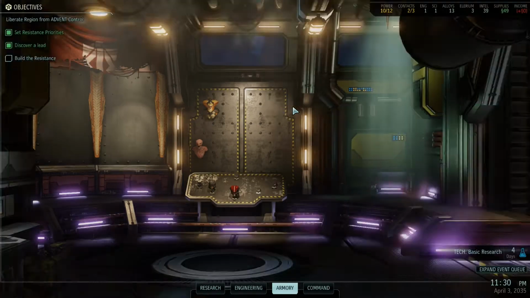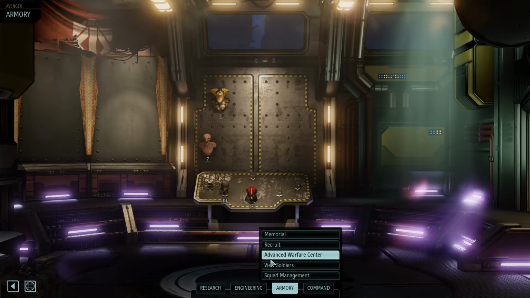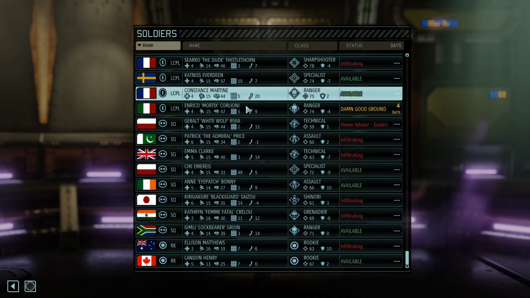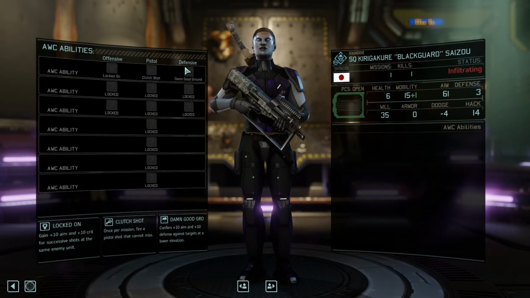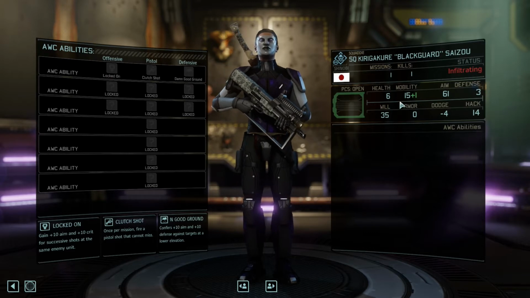And we want to get him leveled up as fast as possible, and then get him trained in the GTS for trial by fire, and then just trial by fire everybody. Saizo was also asking about his Advanced Warfare Center perks. Unfortunately, they're not the greatest. Locked On and Damn Good Ground. Locked On can actually work really well with a hit and run, but his mobility is not high enough for a hit and run. Damn Good Ground,